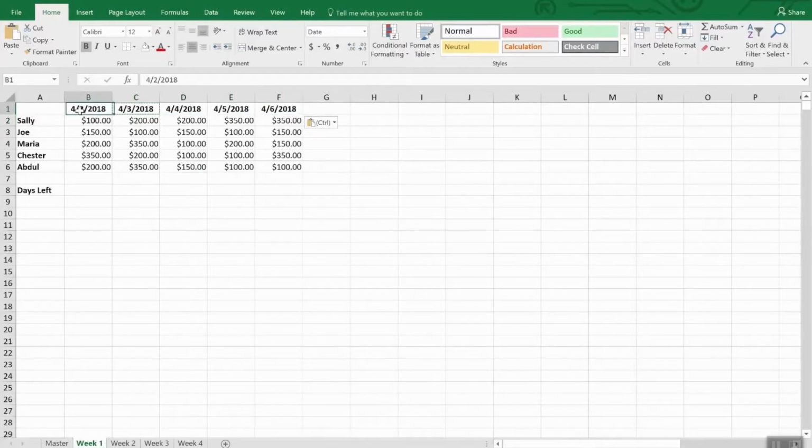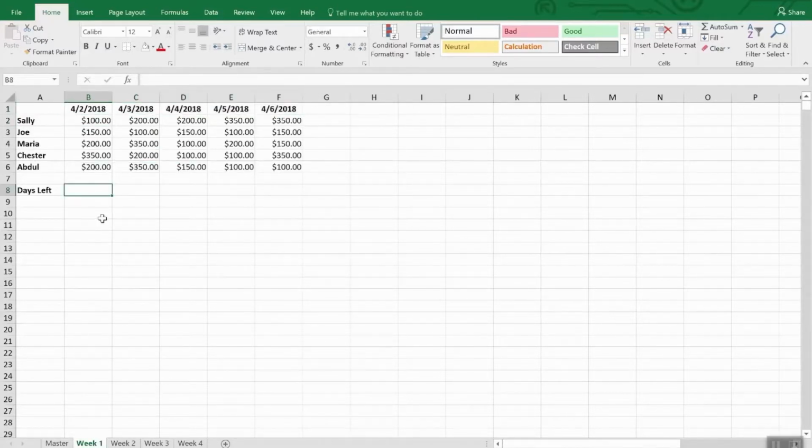And then we can copy the entire set of labels, go to week 2, copy, paste, and we're going to do 4/9/18, and that'll do the rest. So really easy to go and populate your worksheet with the date of each day rather than the day of the week. Now, let's do something a little more complex using a date function,